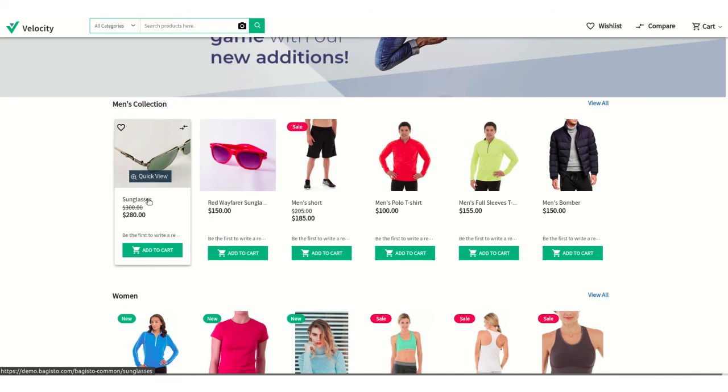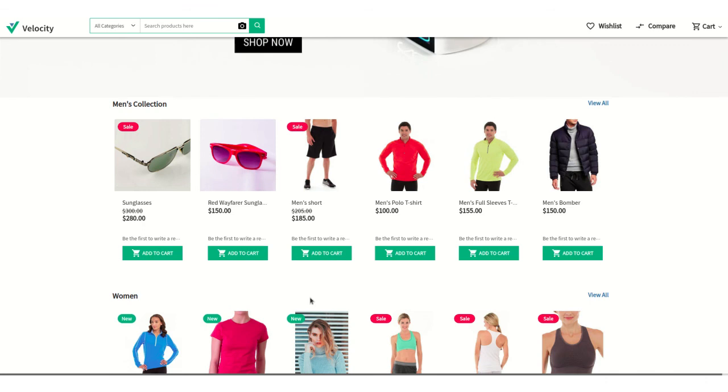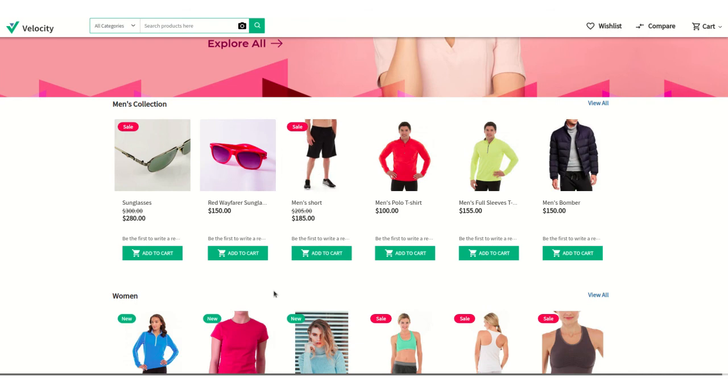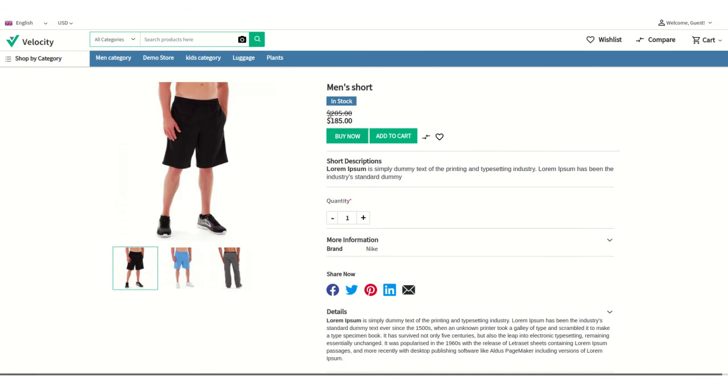Those products whose price is greater than or equal to 200, the discount of $20 will be provided on those products. Like here, the actual cost of the product is $205, and now after the catalog rule the price is $185. Here we can see the details.